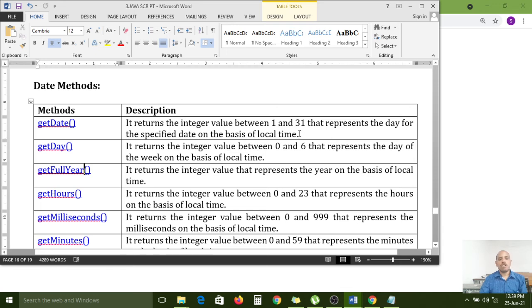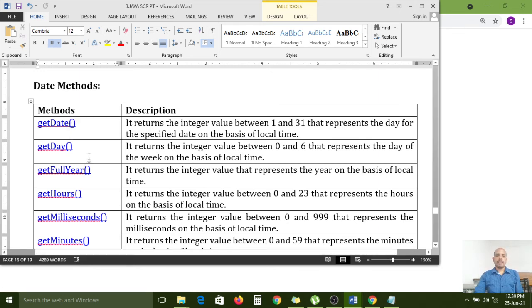Every month has at most 31 days, some months 30, some 31. Based on that month, it will return a value from 1 to 31. Out of 31, you don't have any date values.